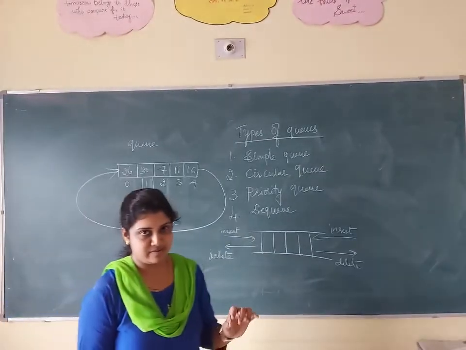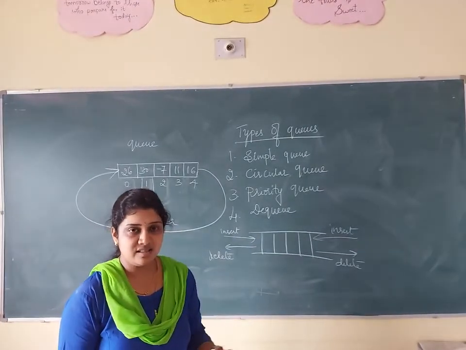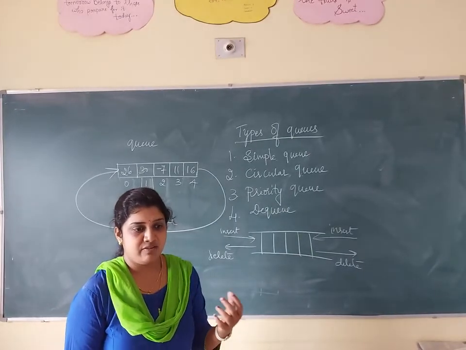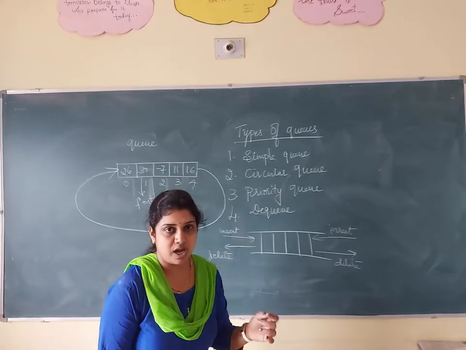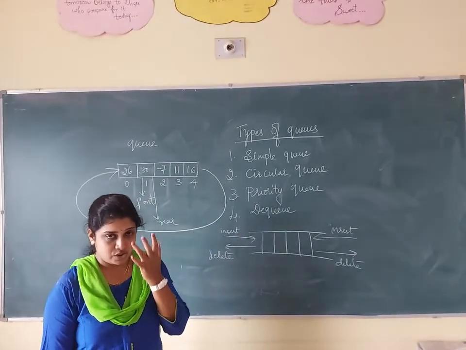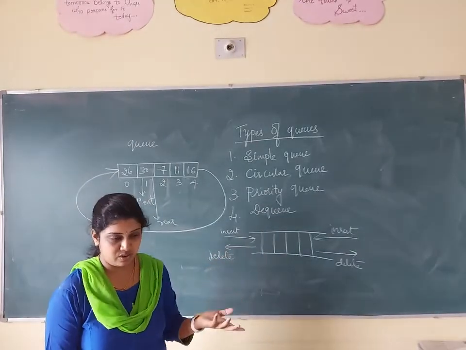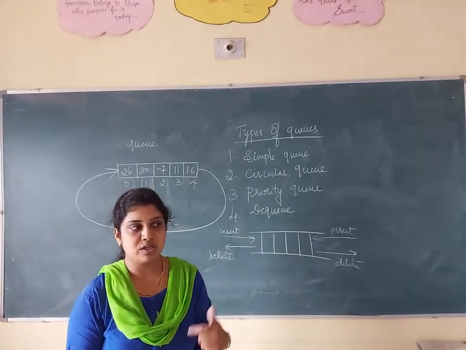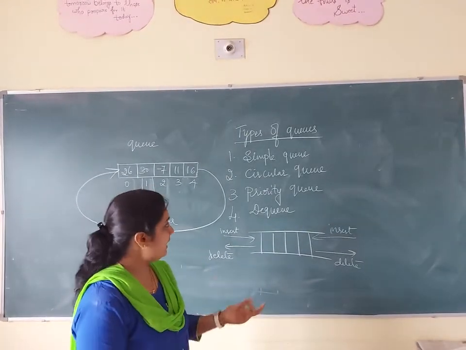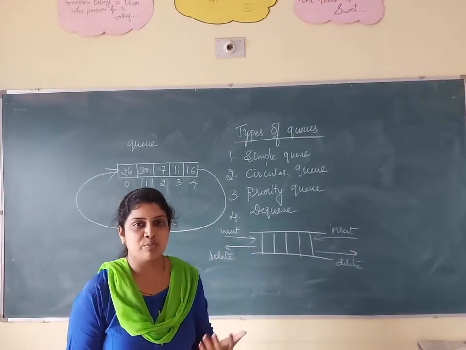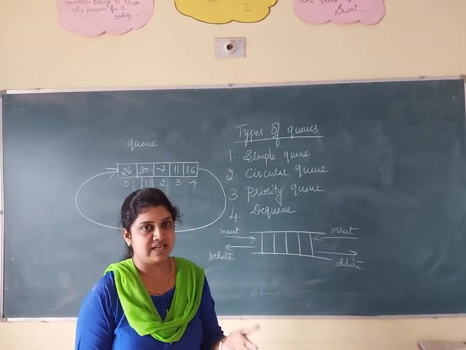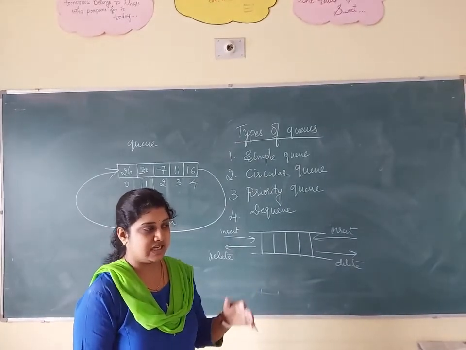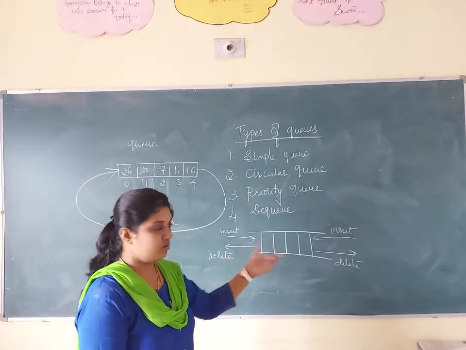Simple queue means it is the same as a normal queue, and in this simple queue there is a lot of wastage of memory. If the memory is wasted, the garbage values will come and store. To overcome that, we are using circular queue. In circular queue, the last node follows the first node so that you can use the memory efficiently, and the priority queue depends upon the priority. You can insert or delete an item from the queue, and deque means both insertion and deletion can be done at both the ends.